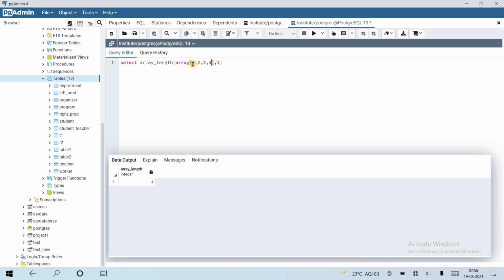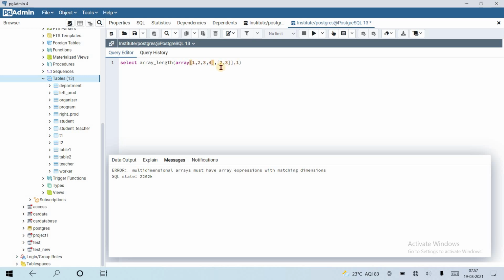If I make it a two dimensional array, with 2 comma 3, then it cannot return a length because these functions are only for one dimensional arrays.